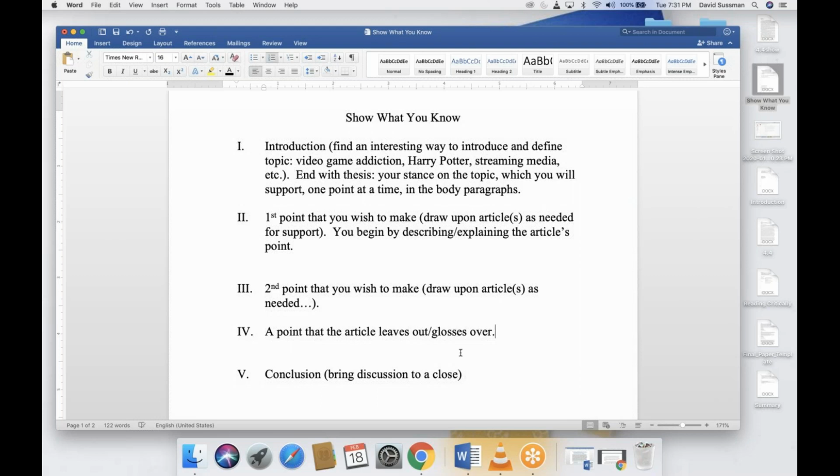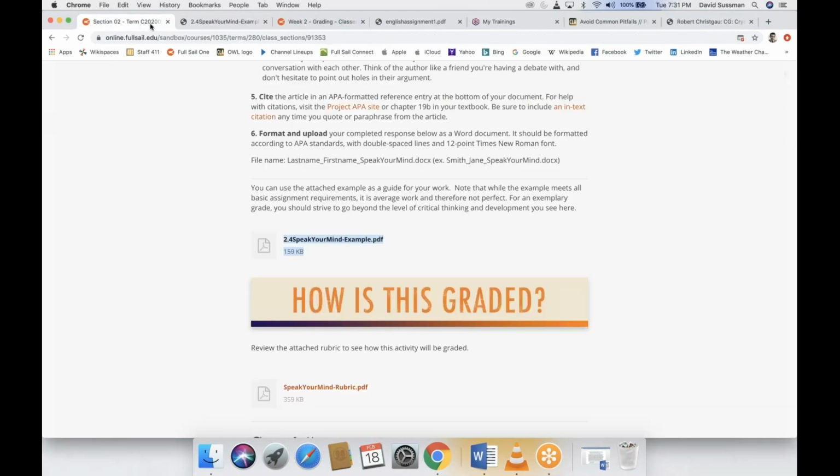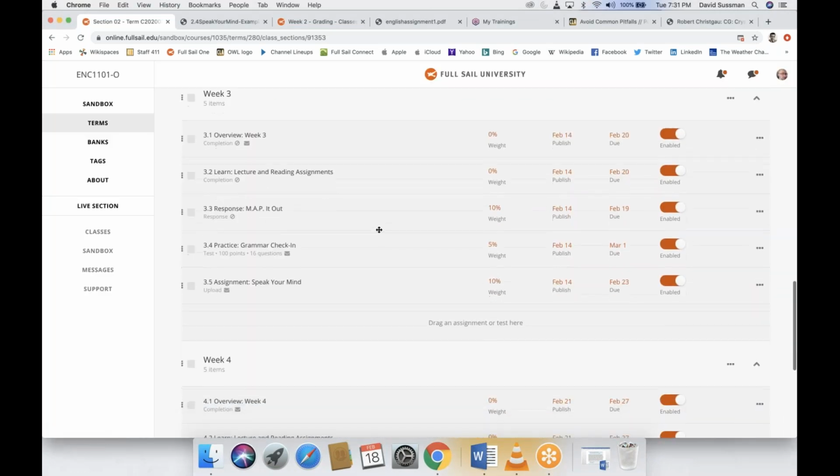So if it is a super pro Disney Plus article and it leaves out the fact that you're reading something that Disney owns, then sure, absolutely point that out. Actually, that's kind of a brilliant insight. And like I said, I'm embarrassed that I didn't know that. We will get moving because we're actually ahead of schedule, but let me look real quickly because I need to use a sample article anyways to show you how to quote and use an in-text citation.